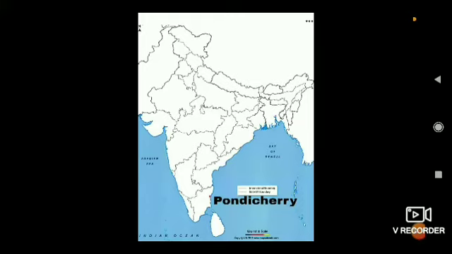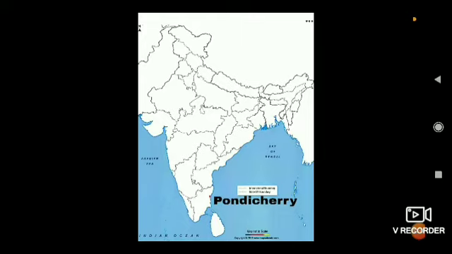Okay, so here we are not going to use any colors, but we use symbols. The symbol is marking a dot for the capital of the union territory. Okay, so for marking the dot, you can use your red sketch pen. But before marking in red sketch pen, don't directly mark using it. First mark it with a pencil. Once you have marked all the capitals of all the union territories, then you can change it to red sketch pen. Okay, you can then highlight it.